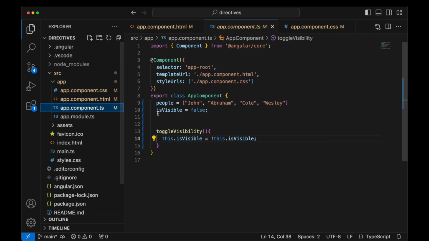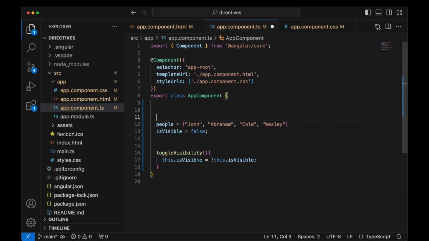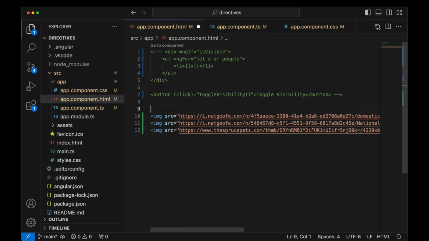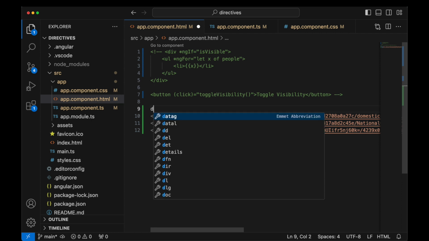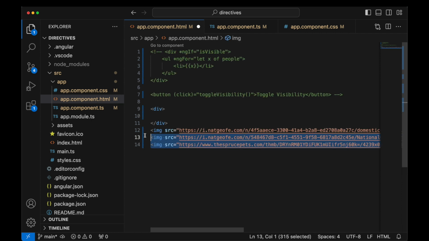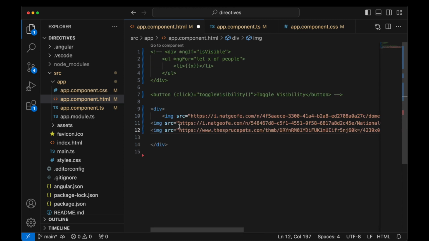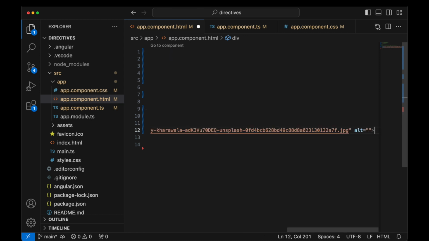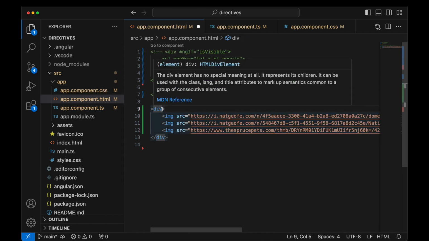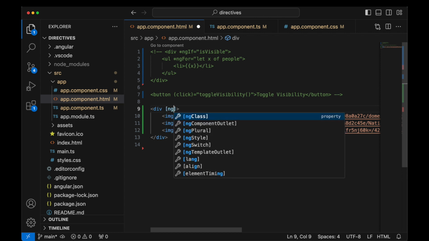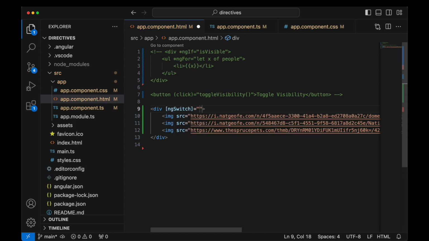So I'm going to define a variable called pet, and I'm going to set pet equal to hamster. Now from here I can simply create a div and put these images in here. And this is going to work exactly like a switch statement. So I can write, with property binding, ngSwitch,